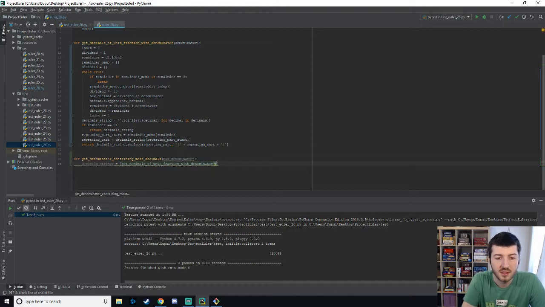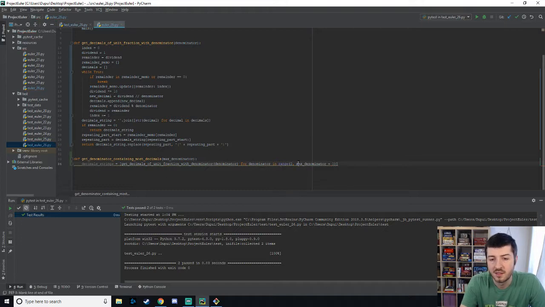Each element will be this, using a denominator for each denominator in range from, we'll start at 2 and finish at the max denominator